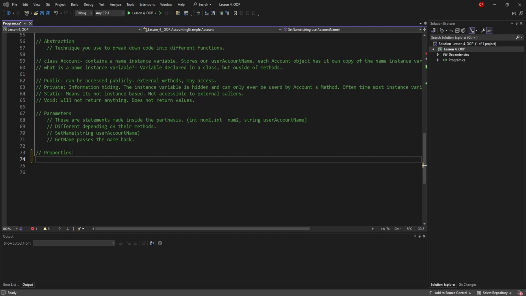But today is exciting because we get to do more stuff with properties. Now, some of you are going to go, I don't know what properties are. Hey, that's what we're here for. So what we're going to do with properties is going to be pretty fun. Instead of using the get and set method, we are going to replace them with get and set